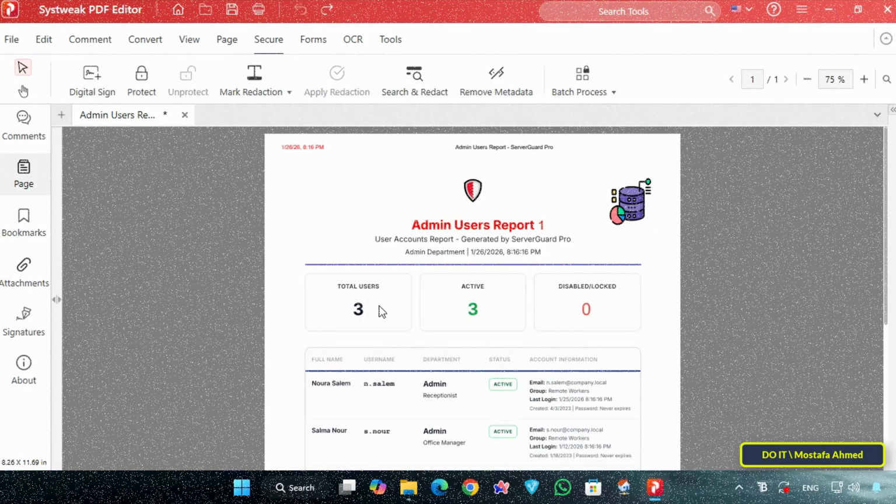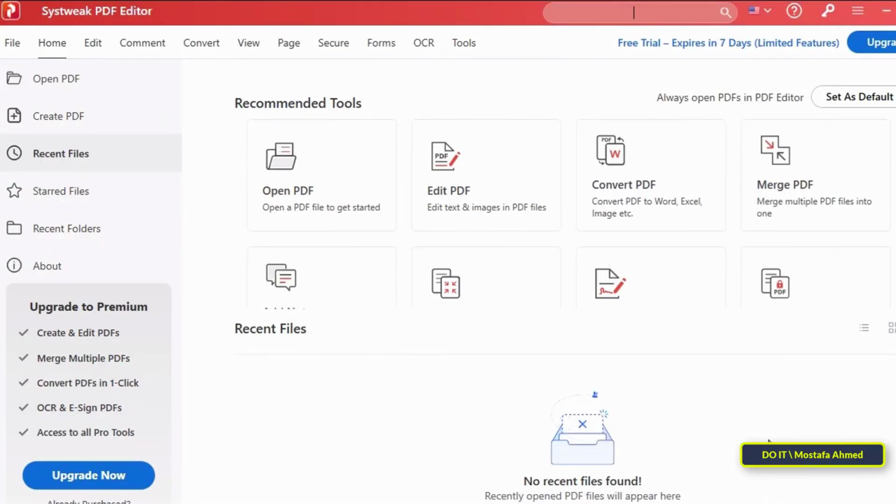As you can see, this application is absolutely packed with powerful features. Because it offers so much functionality, I will be creating separate, detailed videos to dive deep into each major tool individually. This video was just a quick introduction to show you how to get the application, set it up, and